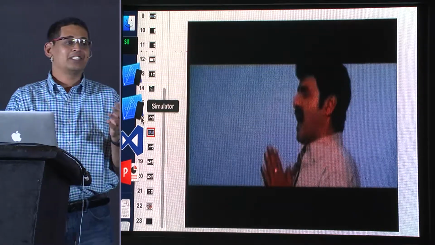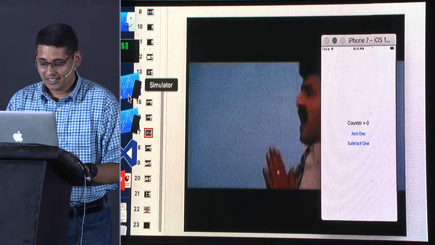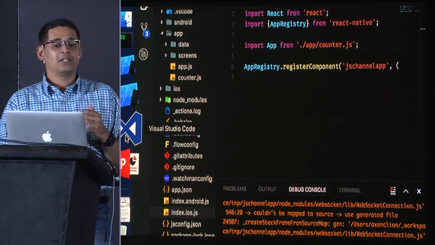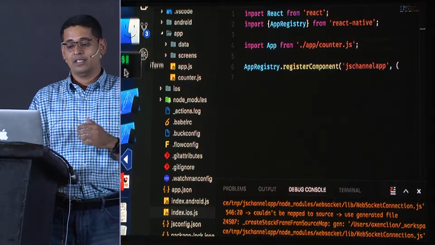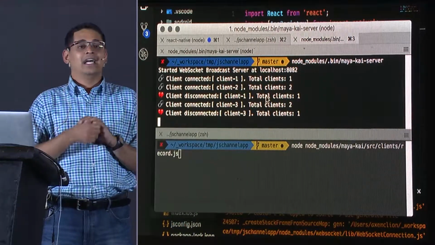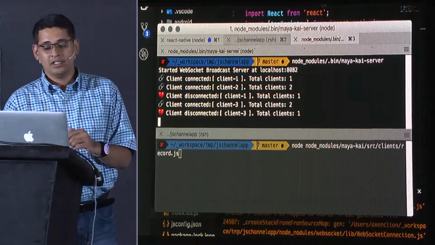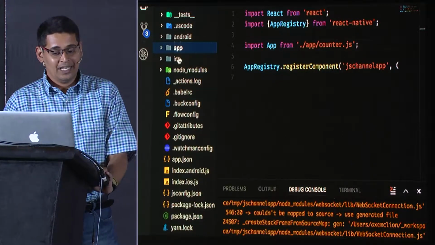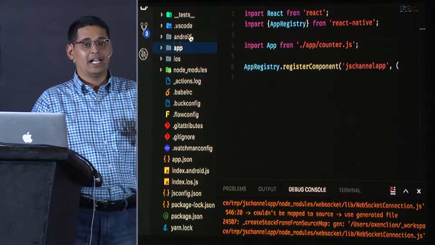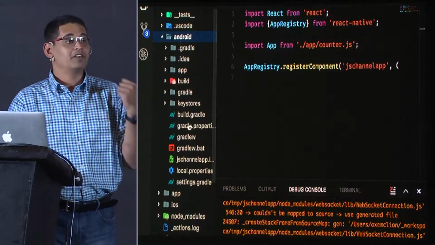Before we do that, let's actually start with a simpler demo so that I don't fail right away. So what I've done is I didn't want to rely on NPM in a conference network, so I already went to my command line, and I did npm install React Native CLI, and then I said react-native init with the application name. And what it gives me is this folder structure. Effectively, it has a bunch of JavaScript files. It has an iOS folder and an Android folder. And if you open, say, the Android folder, this is actually your native Android application.